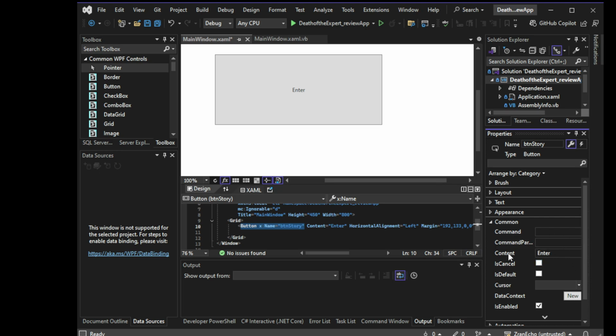So I put enter into the content area, and now you can see right there the button says enter. So now I have a button. Now the next thing I want to do is go ahead and code this button. A couple of things. Number one, you don't want to double click everywhere because it's going to write some code